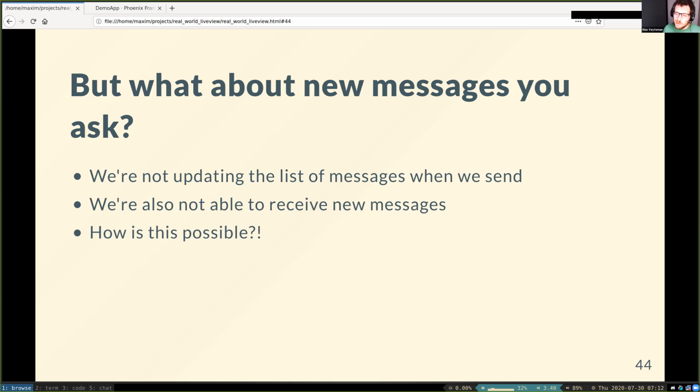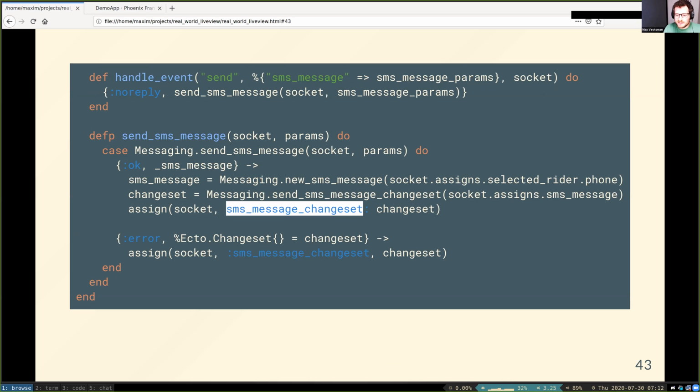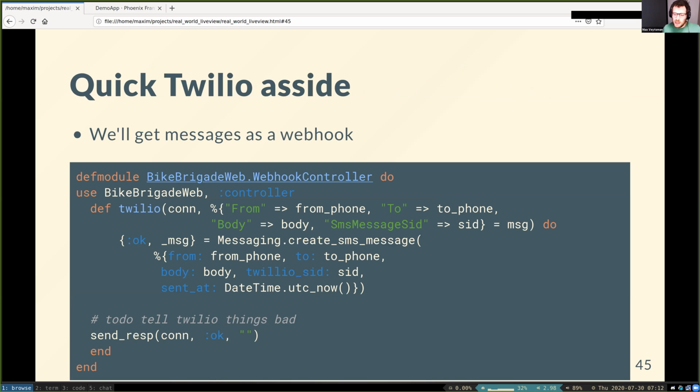And also, you probably noticed, actually maybe you not, because I went through this quickly, when we update the state, I'm setting an SMS, I'm setting the change set, but I'm not actually changing the list of messages. I'm never putting the message I just sent into the list and updating it. And this is because I'm not adding the new message to the list here. What I'm doing is I'm going to use PubSub, and I'm going to do a quick aside. I'm actually not going to go through this code in the interest of time, but what you need to know